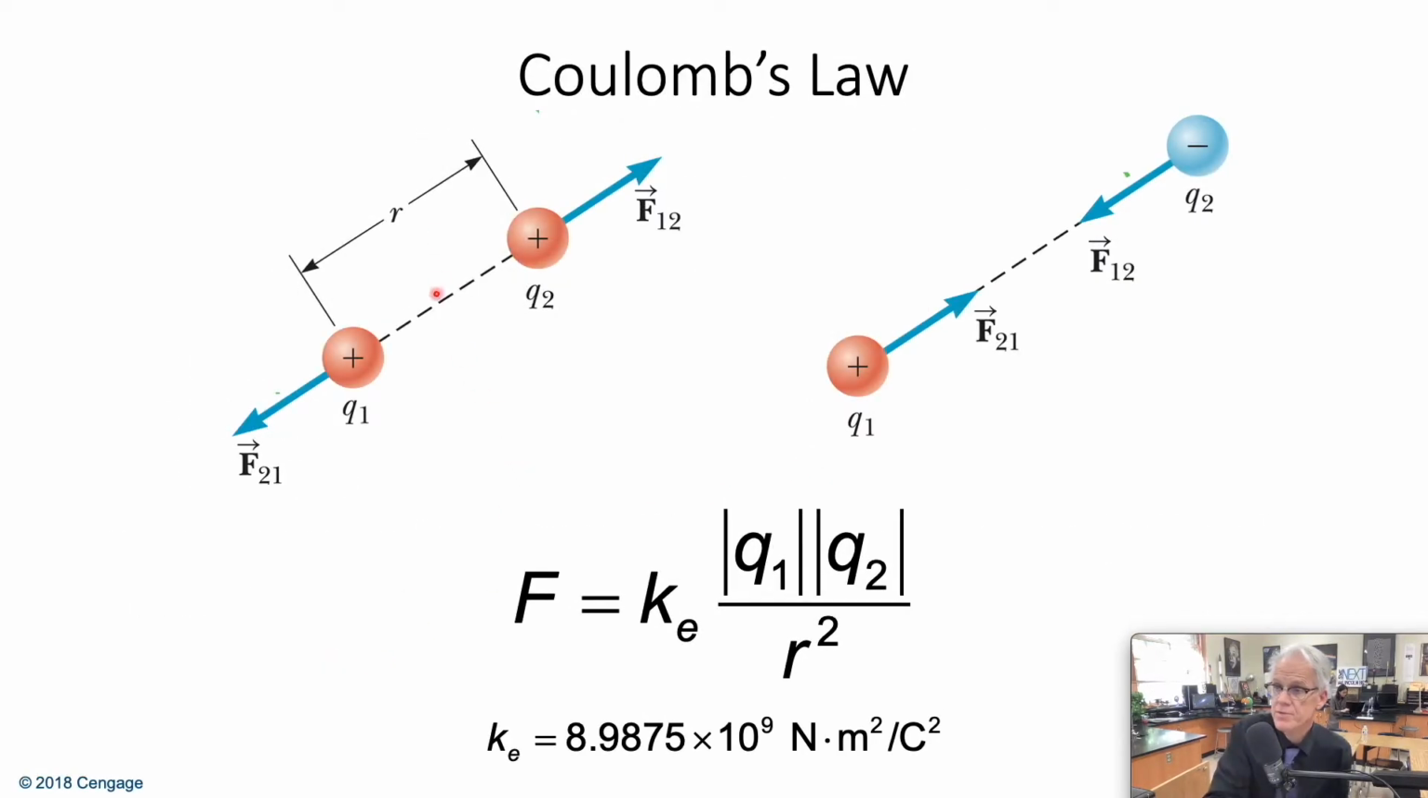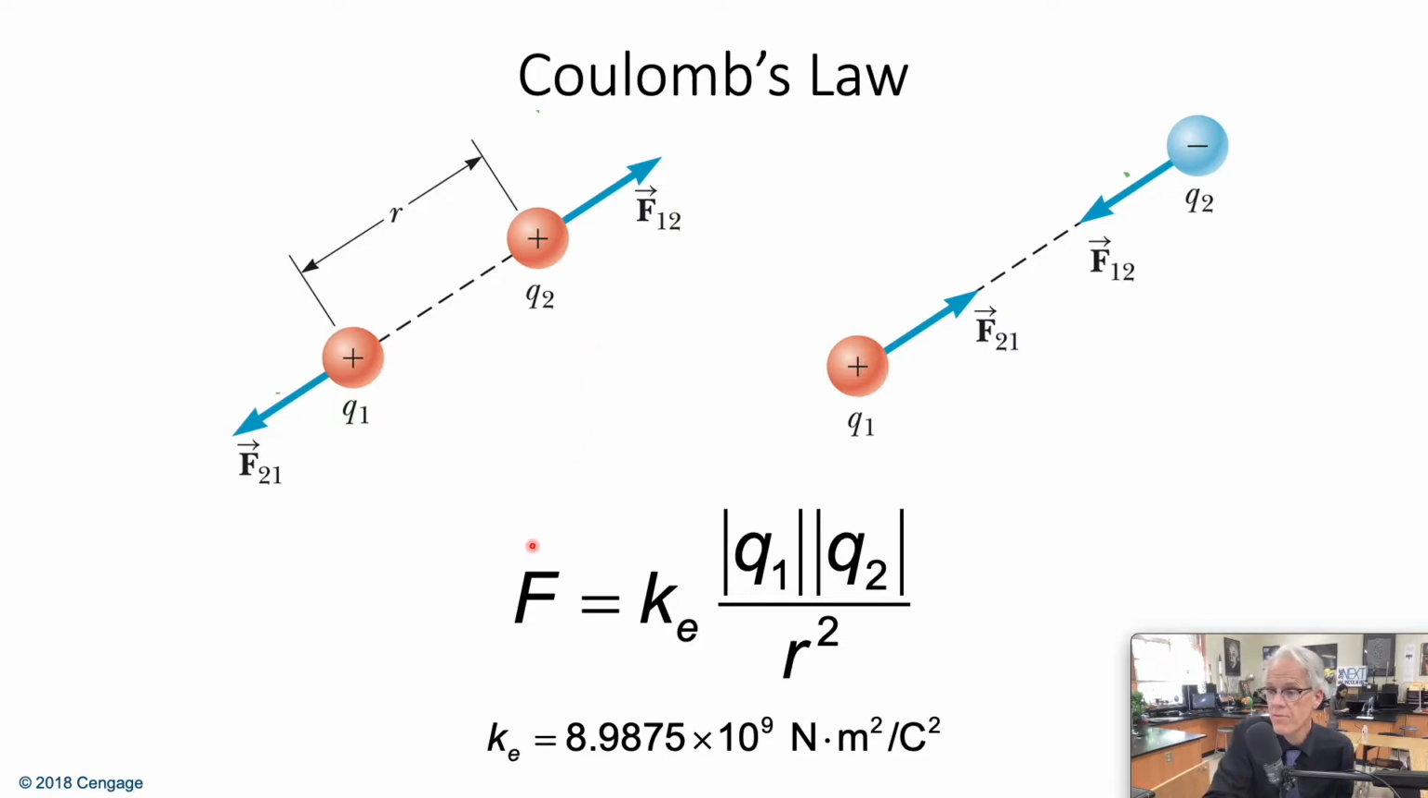In these two figures, we see two charged particles: here two positive charged particles, and the one next to it a positive and a negative. Notice that the electric force can be repulsive when the charges are the same, and attractive when the charges are opposite. The relationship between the force here and the two charges and the distance is given in Coulomb's